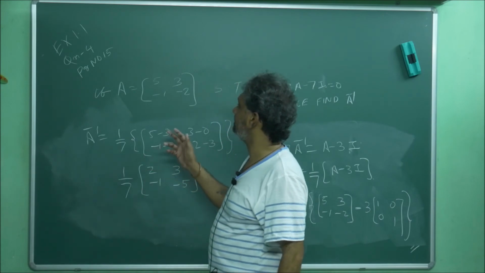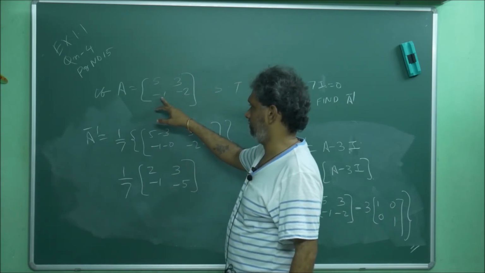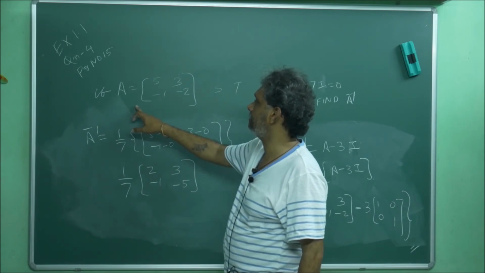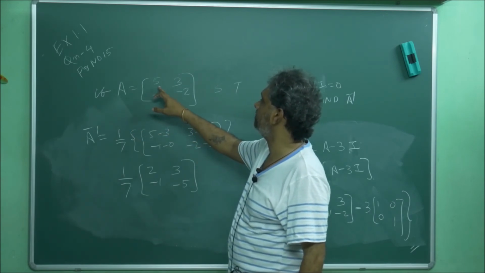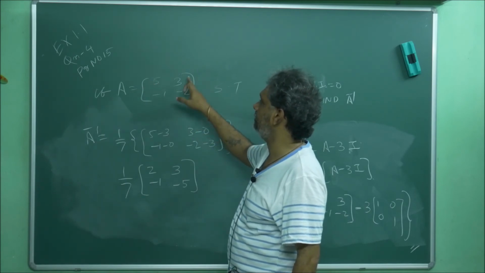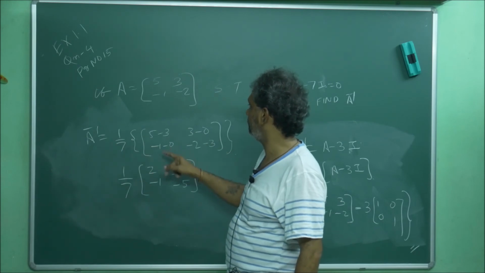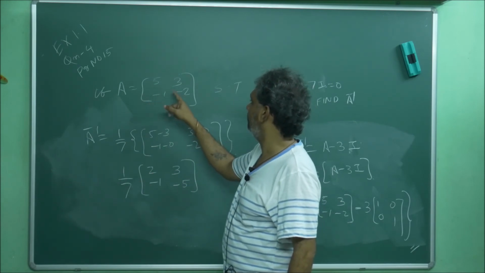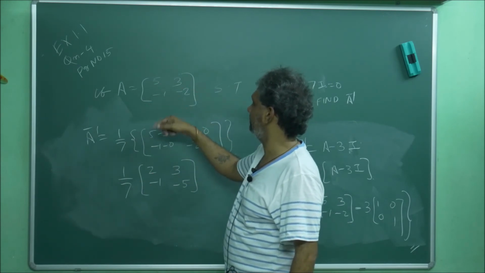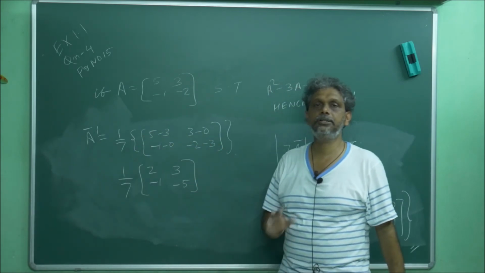What I told earlier for A inverse directly: these two you can interchange, these two change sign, then 1 by AD minus BC. 1 by AD minus BC, what will you get actually? 5 into minus 2, minus 10 plus 3, that is minus 1 by 7. Minus 1 by 7 into 2, minus 2, 5, minus 3 plus 1. If you take the minus, it's the same. So what we have done is absolutely correct.